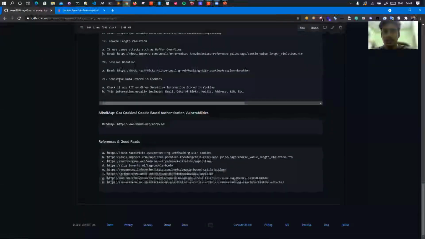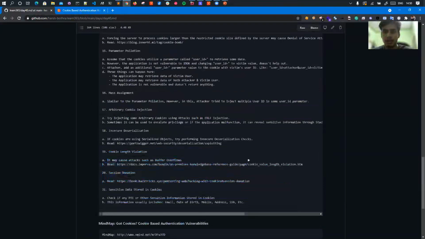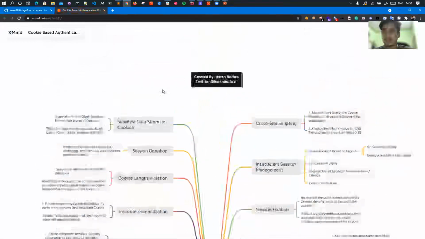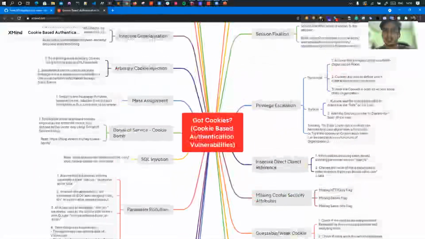These are the 21 test cases which you can perform whenever you see cookie-based authentication. Also, the mind map link is there, and there are some references which you can follow to go beyond whatever is written on this page. This mind map is available on the internet, you can go and access it. So this is about the various attack vectors in cookie-based authentication.